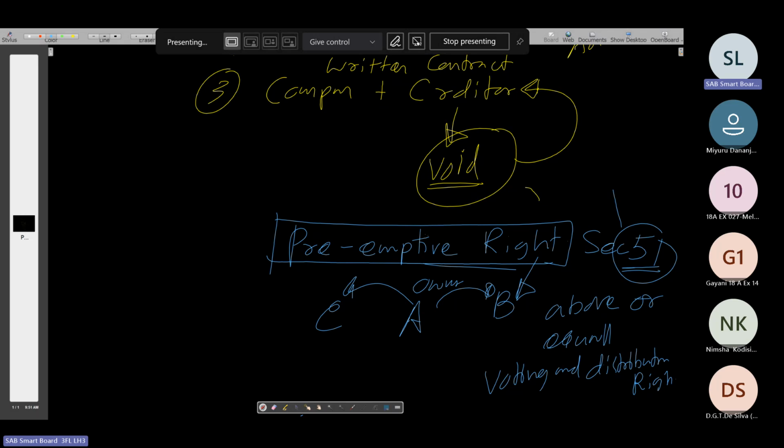What is the meaning of surplus assets? In the winding up process, first the company collects the assets, realizes them, and settles the creditors and preference shareholders. Then